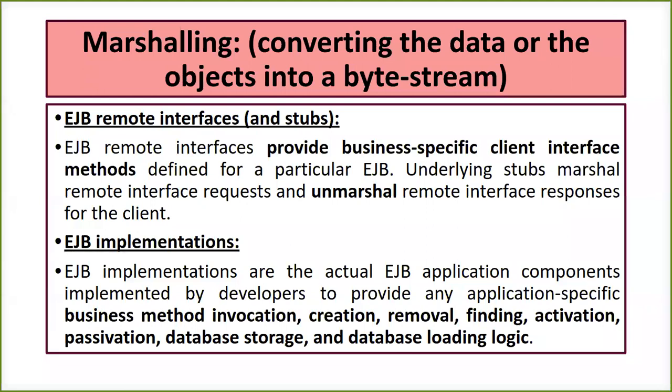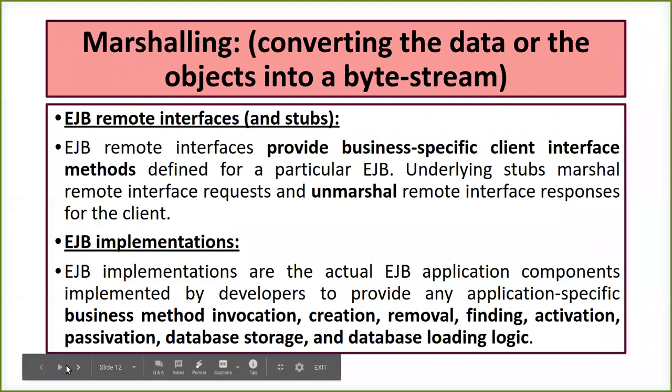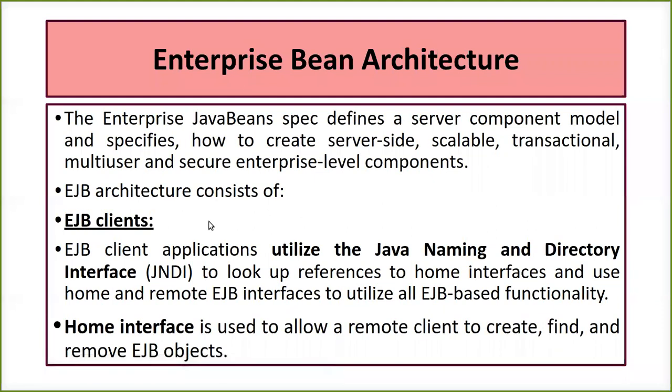Okay, so I hope you have understood. We have an enterprise architecture. I'll go back to the previous slide, where I told you that the EJB client is the important one. Whenever we are trying to develop an architecture, we need to take care of so many things. We expect that the architecture we are defining should work for the server side, should be scalable, should be multi-user, should be secure, and should consist of a number of things. It should have an EJB client which utilizes JNDI, which has the references, which accesses the data using the home interfaces and the remote interfaces.